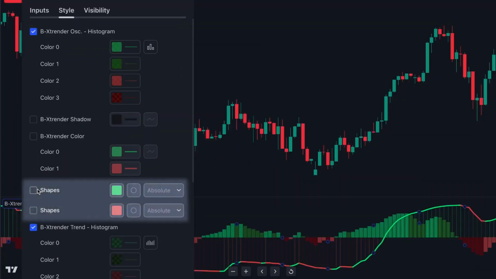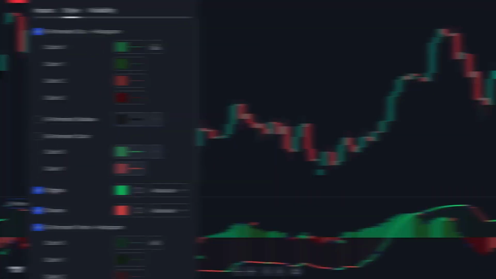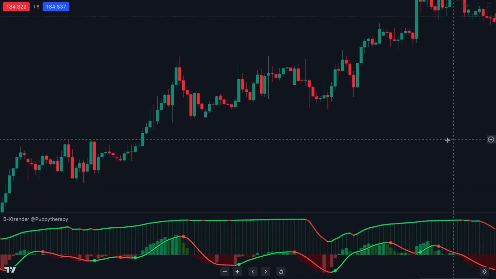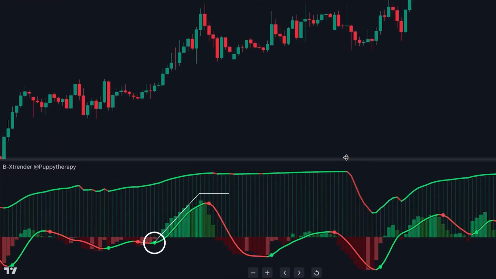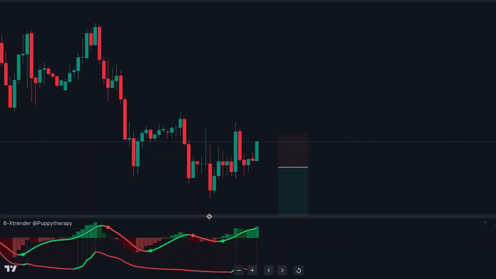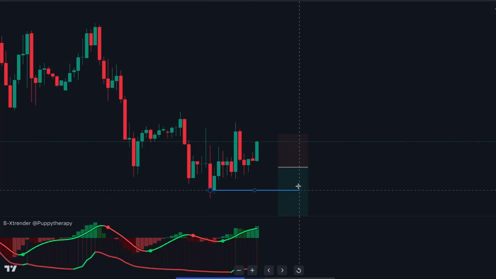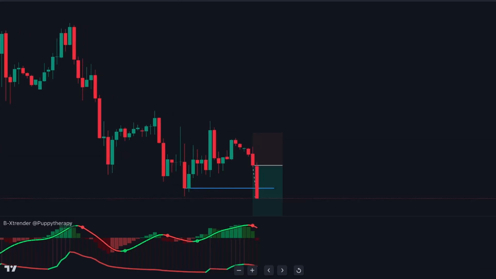And finally, let's re-enable our plots and shapes. These will be the trigger for our entries, enabling us to find the exact points we would like to enter the market. Green dots are buy signals, while the red dots are sell signals. Now that we understand how the indicator components work, I'll show you how to utilize this tool on its own to catch trades such as this,